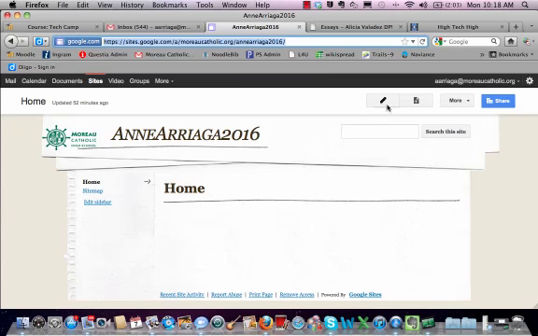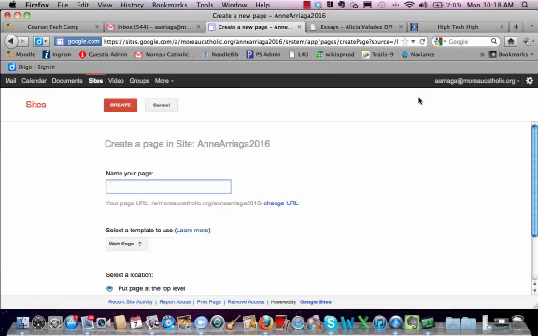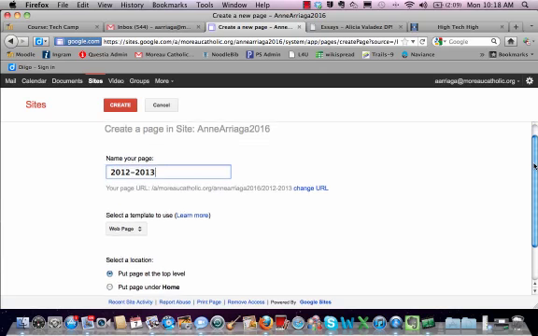So up in the right-hand corner, you see these 2 buttons. The pencil icon is to edit a page, and the icon with the plus sign on a piece of paper is to add a new page. So I'd like you to click on the new page icon. And I'd like you to name your pages 2012-2013, then 2013-2014, then 2014-2015, and then 2015-2016. And I'm going to walk you through this as I mentioned. So we'll do this first one first,